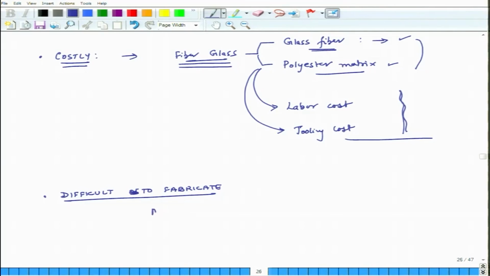For instance, in metals, over the last several hundred years, people have figured out very smart ways to use metals in different shapes and sizes. For instance, you can have sheet metal processes, castings, machining, forging,